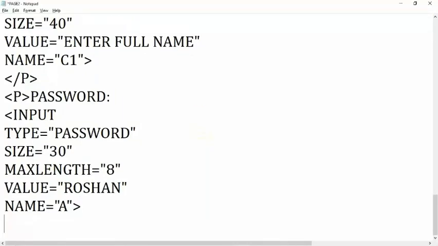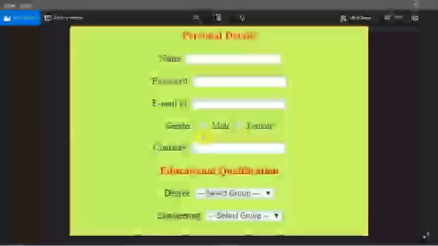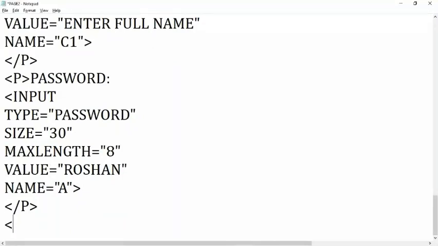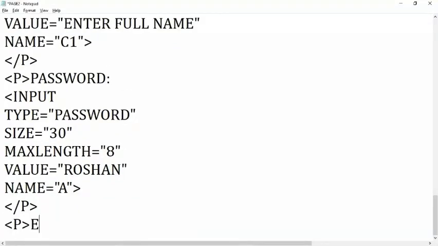Now next I'm going to create another field, like here you can see. After that, email ID. For email ID you have to do the same. First of all, close the p tag, another time you have to start a p tag, and after that write email ID.